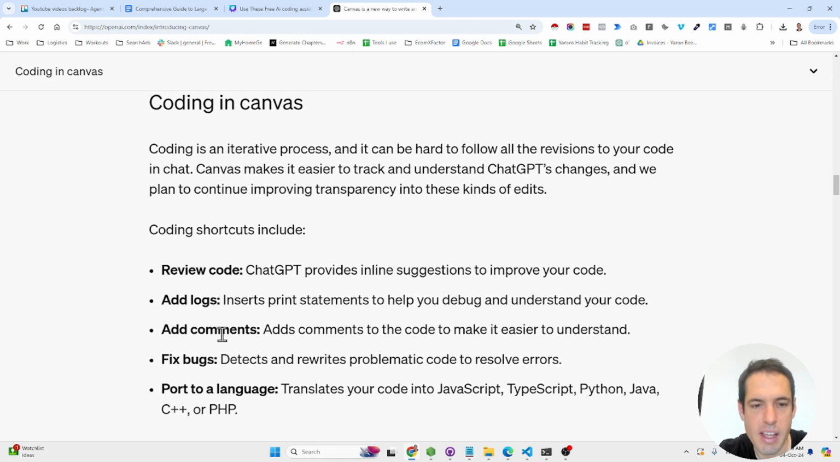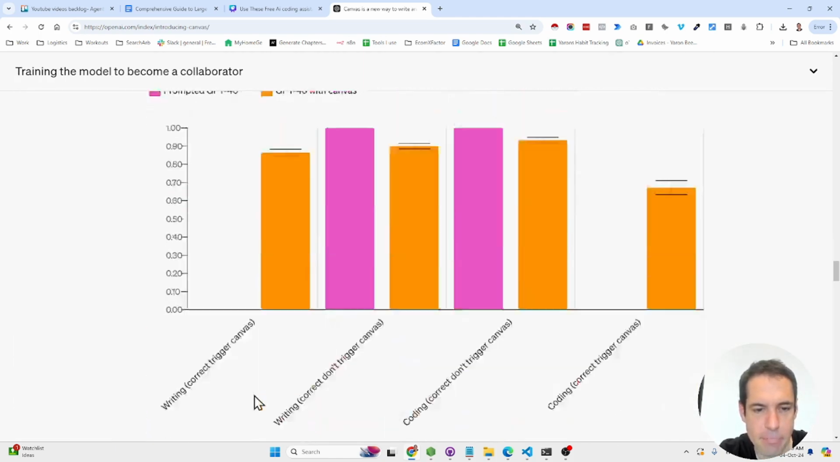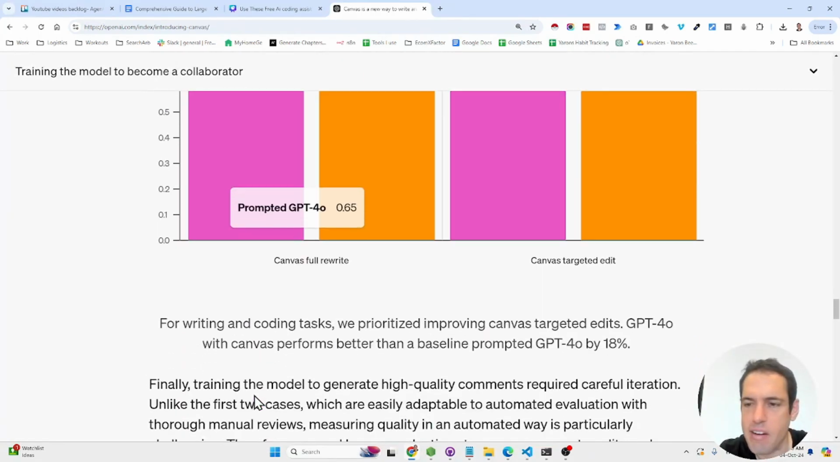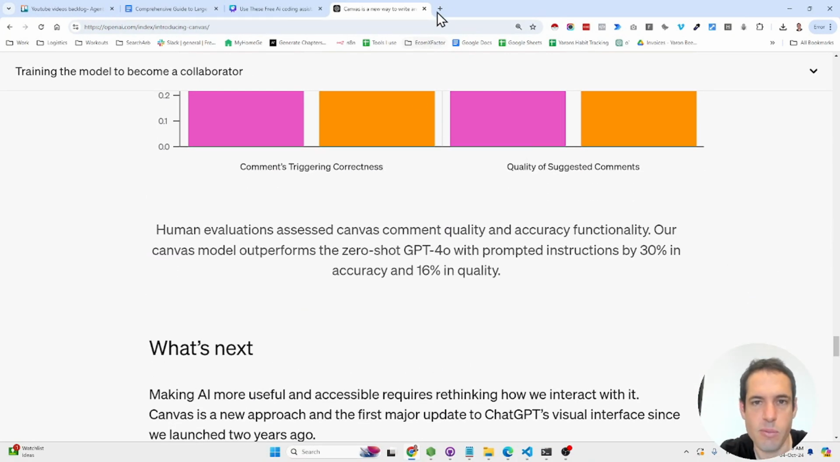And for coding, you can review code and get inline suggestions to improve your code. You can have it add logs, you can have it add comments, fix bugs, and port to other languages, which is very useful and also very cool. They share here a few data points. I don't think that anything here is groundbreaking, so let's just move on to the